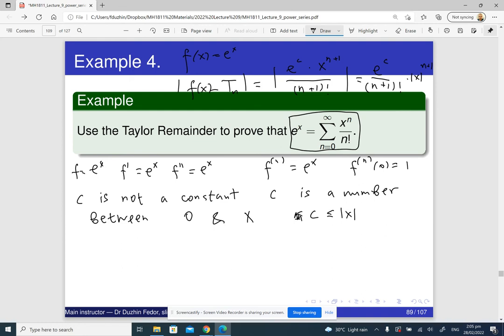So now let's look here. This e to the c is really less than or equal to e to the absolute value of x. Which means that our Taylor remainder